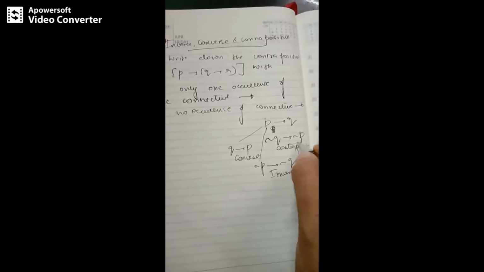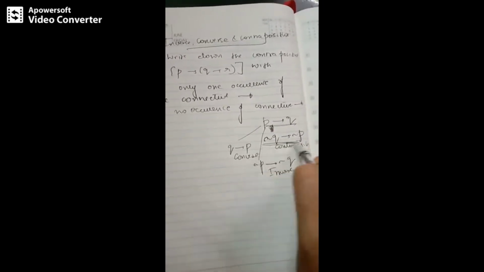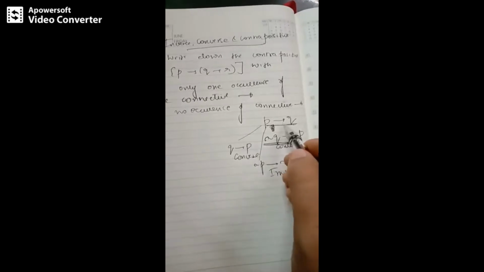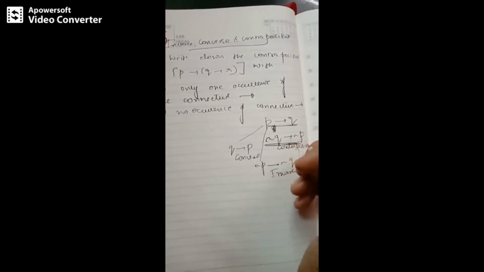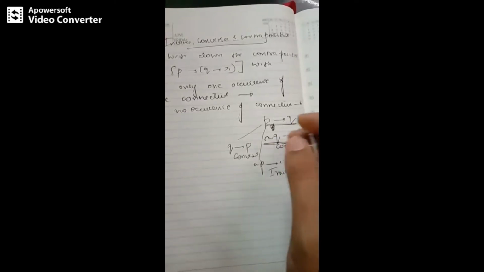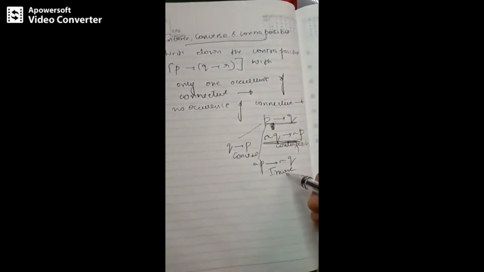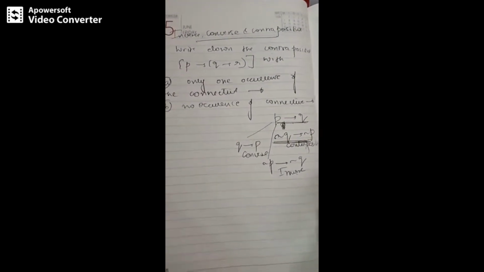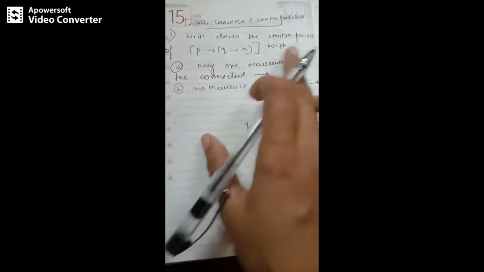We have also seen in the presentations that the conditional and contrapositive are logically equivalent. That means these two have the same values for all the possible combinations of the propositions. So conditional and contrapositive are logically equivalent. Similarly, converse and inverse are logically equivalent. We have seen these truth tables in the presentations. So coming to the problem, let's write this down in terms of the contrapositive.